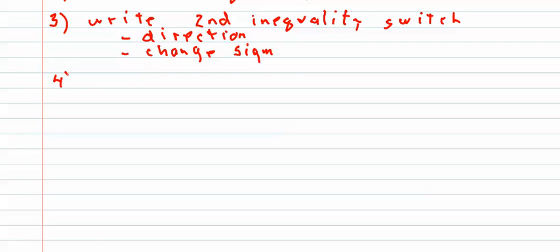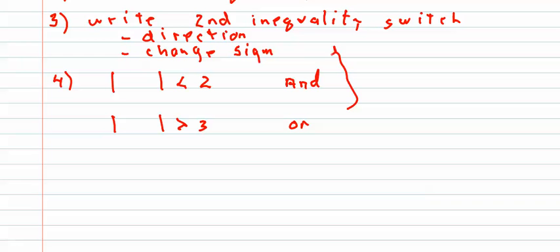Last thing is, if it's the absolute value of something is less than a number, less than 2, it is an AND. If the absolute value of whatever is greater than some number, it's an OR. Okay? We join the two inequalities up here with either an AND or an OR. So for example,